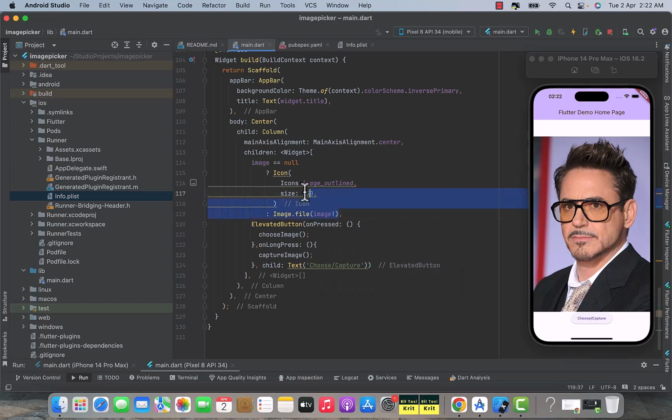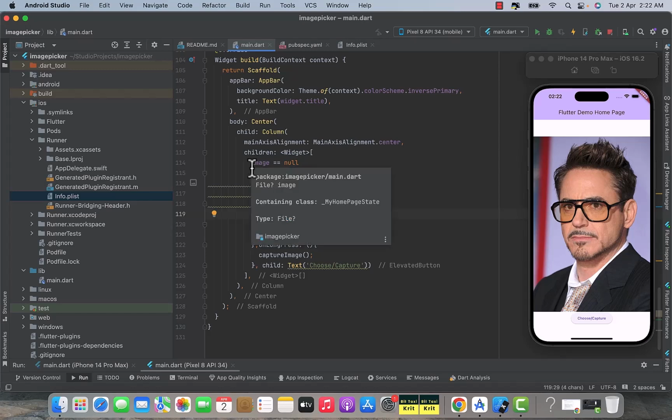So there you can see we are checking the value of this image variable, that if it is not null, then we are going to display the image stored inside this variable. So that is the reason that once the user chooses or captures the image, the selected image is being